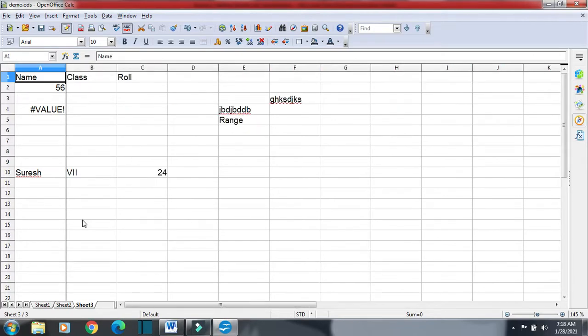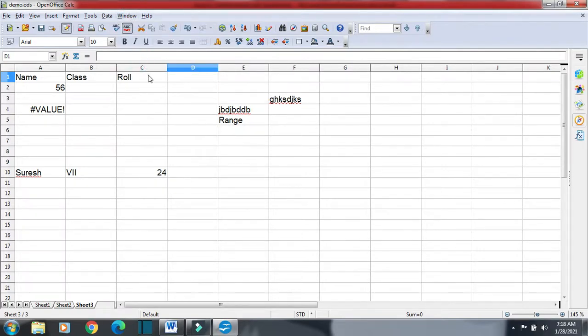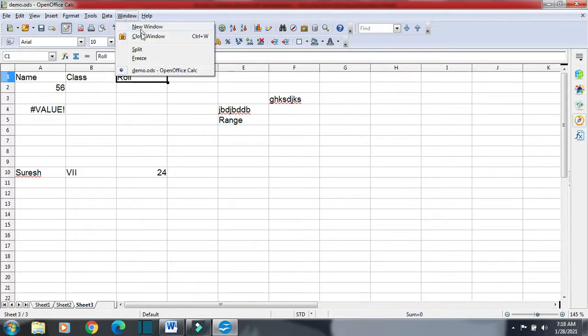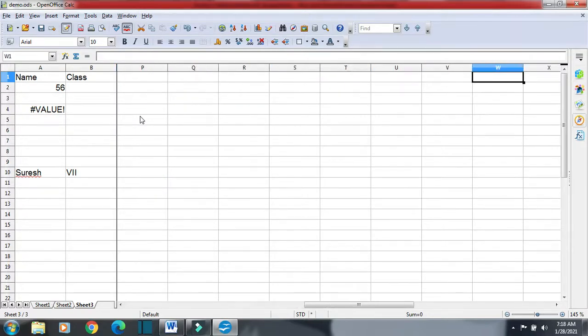Okay, you can see this column is frozen. If I want to freeze more than one column, then I will click here. Suppose I want to freeze these two columns, again click on window and then click on freeze. Now you can see these two columns have been frozen. Okay,